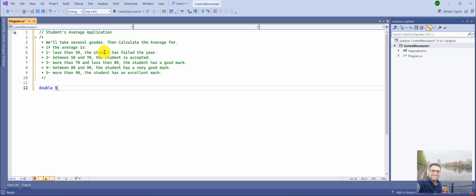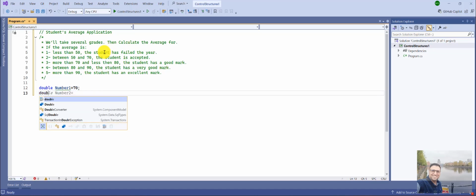And you can start as well with an underscore or with a letter and then follow it with a number. That will work, but you should start with an underscore or with a letter. You cannot start with a number. So let's say number 1 equals 70 double